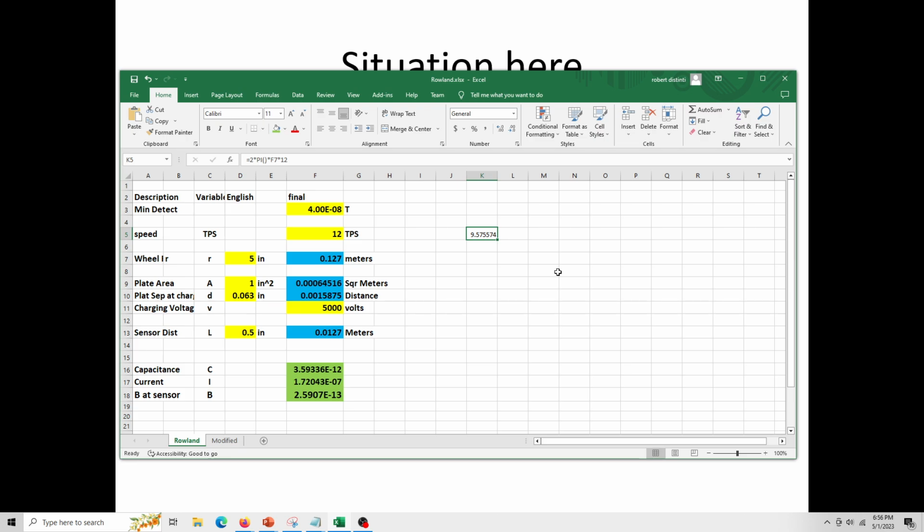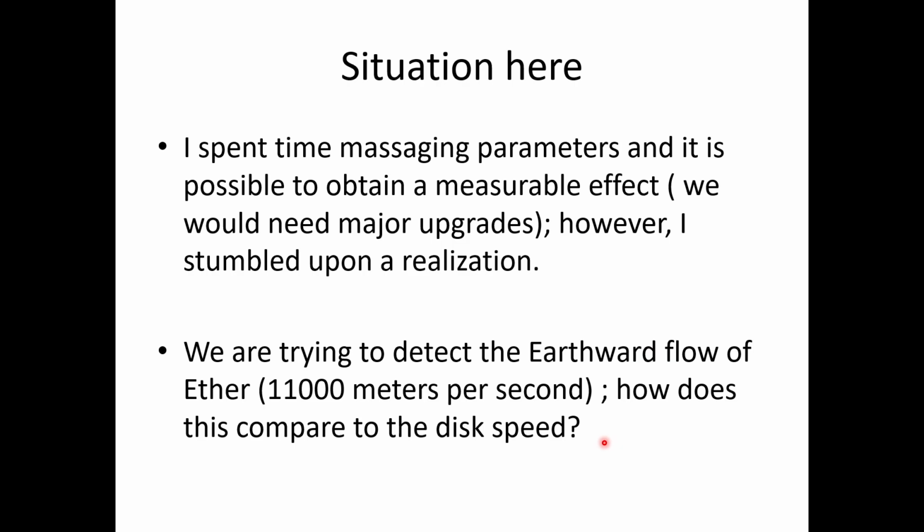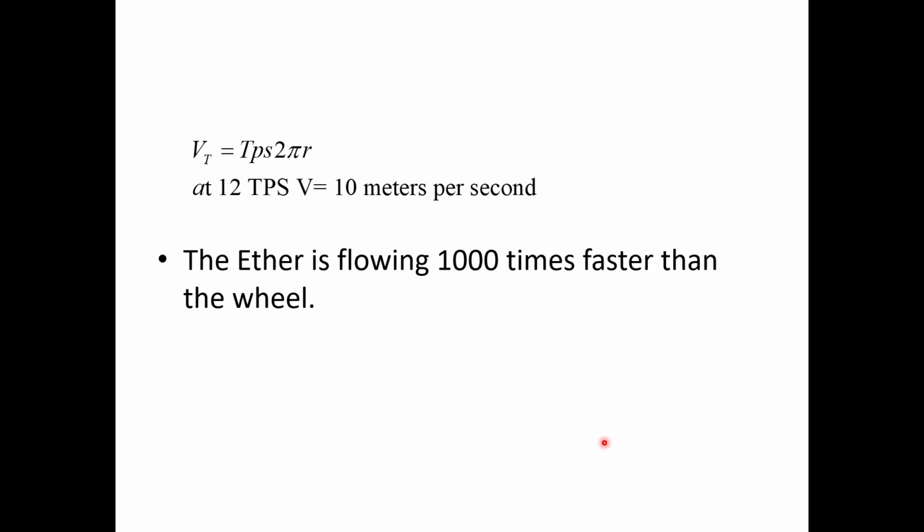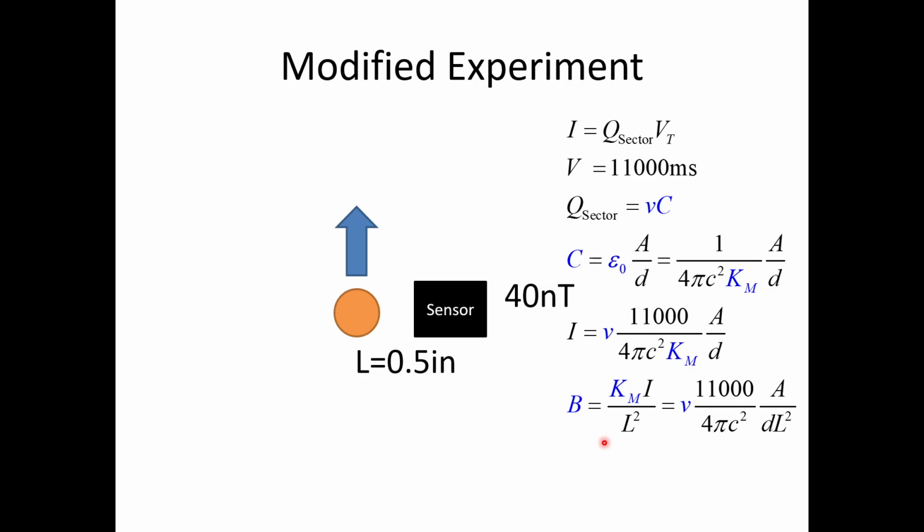So let's not even consider the rotation of the wheel. Let's instead just take a charged disc that's effectively moving upward at 11,000 meters per second, half an inch away from a sensor. And we can work out all the equations here. I'm not going to work them out for you, but if somebody wants to go and check these for me,